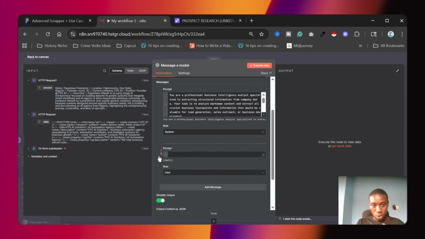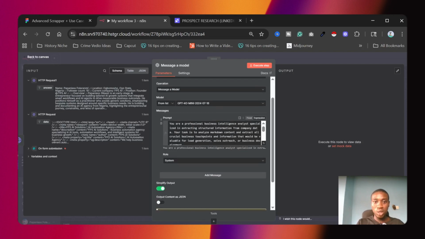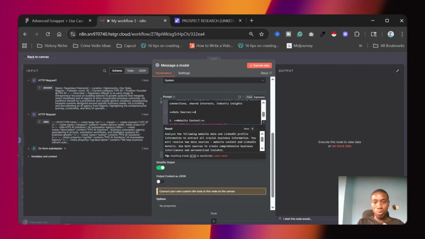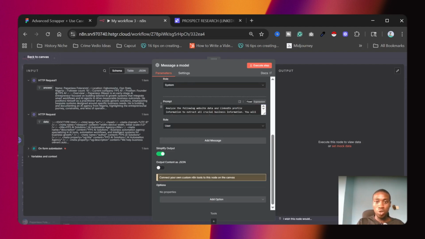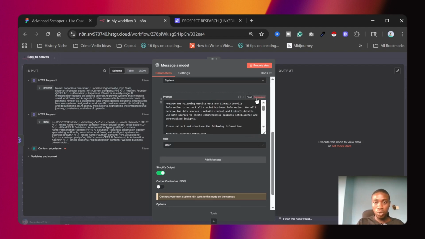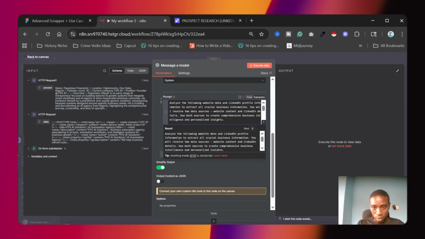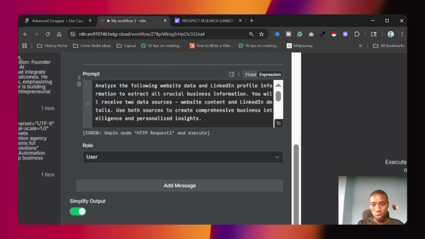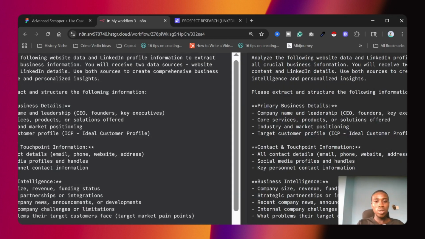So hold on, let me just do it in front of you. So this is basically how the first one is going to be. So you add message, then you change to user. So it's already there. You have user, you have your standard thing, so user. So you paste the prompts. This is the prompts for the user. It's going to come fixed like this. But if you want to have access to read everything, you need to turn it to an expression. So click here in case you want to see what I clicked. So you click here.